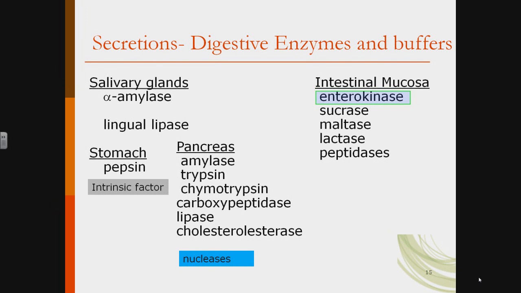The next thing I want to highlight in gray from the stomach is intrinsic factor. Intrinsic factor is released by parietal cells. We've already learned about intrinsic factor. It must be released in order for your ileum to absorb vitamin B12. Again, intrinsic factor comes from the parietal cells. If we don't absorb vitamin B12, we've already learned this can lead to a type of megaloblastic anemia. It's called pernicious anemia.